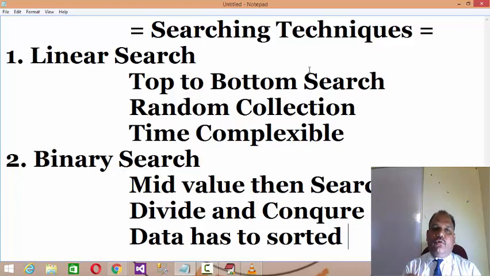In what situations do you have to apply the linear search? Linear search is a searching technique where it will search the array from top to bottom. If you have random entries, like in an array, if you haven't applied any sorting algorithm and data is random in nature, not sequentially arranged, in such situations you are bound to use the linear search.